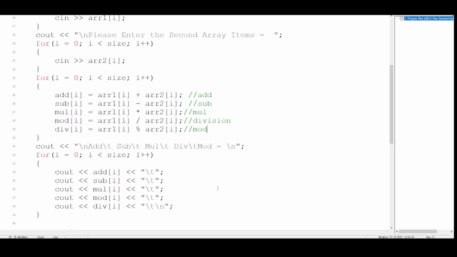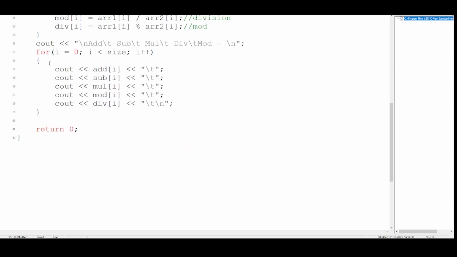Now the question is, is it possible that we get the answer just by simply putting the symbols? Yes, it is. Array is just like when you're adding 2 variables or multiplying 2 variables, dividing 2 variables. It's just like that. You just have to put it into the for loop and the variable which is iterating through the array. So here the i variable is iterating, so I have put the i variable on both the cases. Now simply what I'm doing is I'm simply printing all the arrays and we will see what answer it gives. So let's run the code and see what do we have.